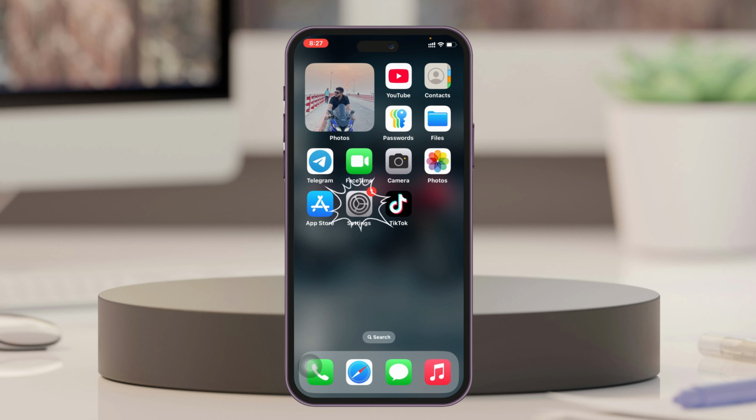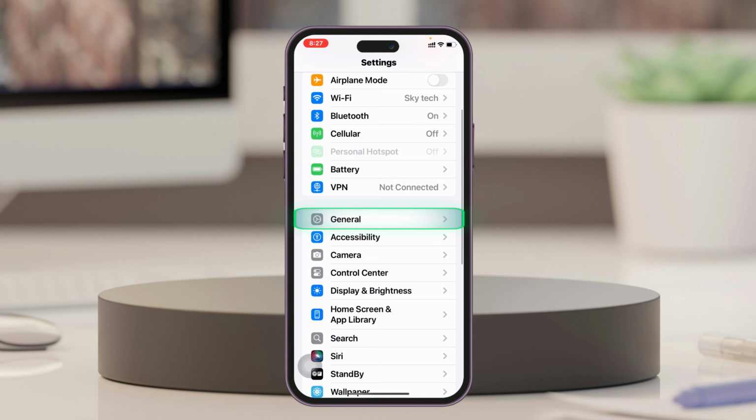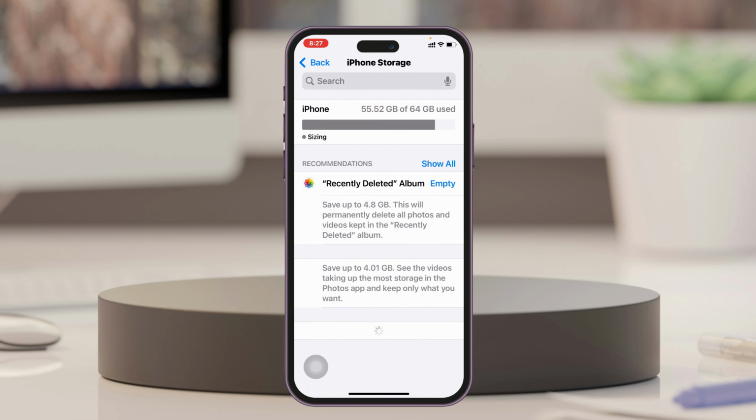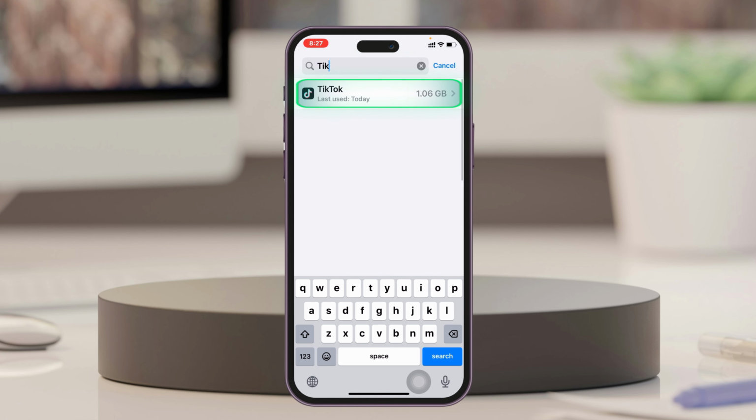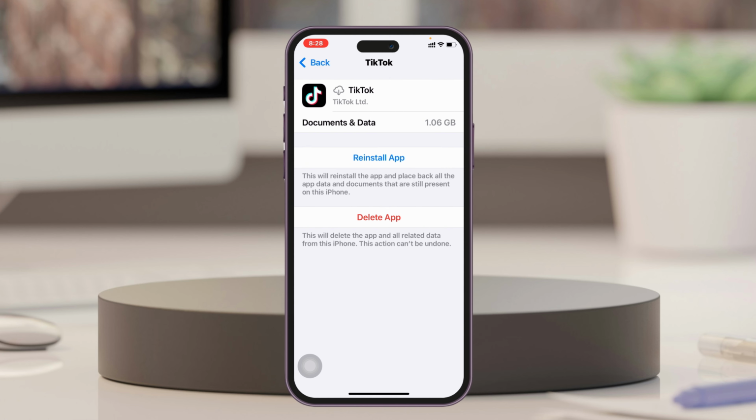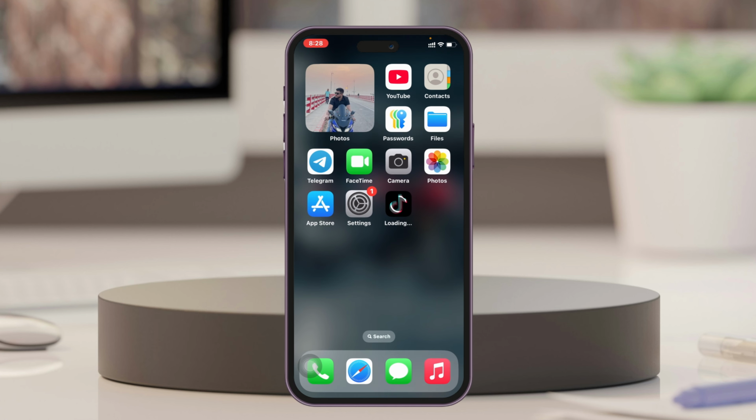Open up the Settings app on your iPhone, scroll down, tap on General, scroll down, tap on iPhone Storage, and then search for TikTok. Tap on TikTok, tap Offload App, and lastly tap Reinstall App, and this will reinstall your TikTok application. Just get back from here and wait some time, and most likely your problem is going to be